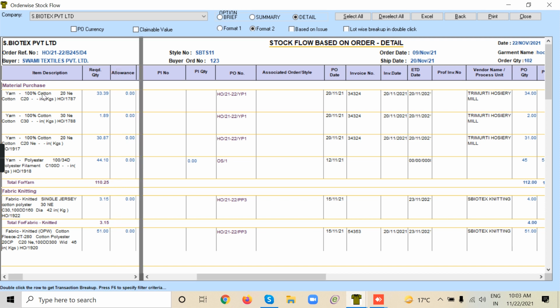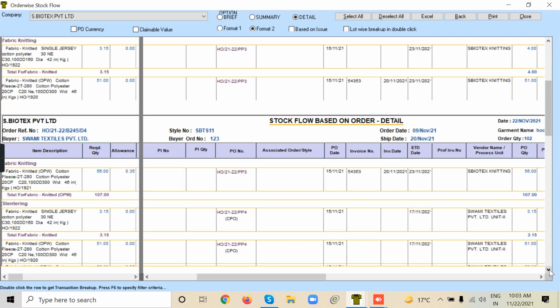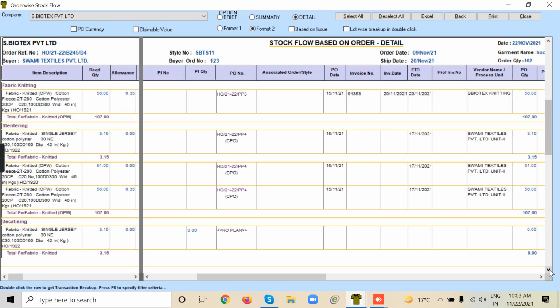You can see yarn lines 1, 2, 3, 4. For this yarn, purchase order is made, YP1, YP1, YP1, and one yarn is associated from the stock. After that, we do the yarn knitting. PP3 is yarn knitting. After yarn knitting, we are doing stentering. For stentering, we made a combined PO, PP4.